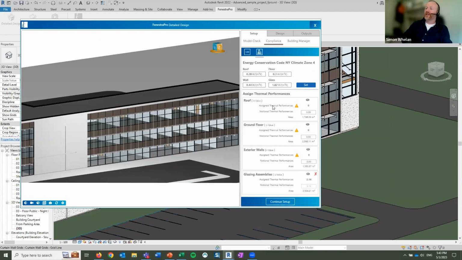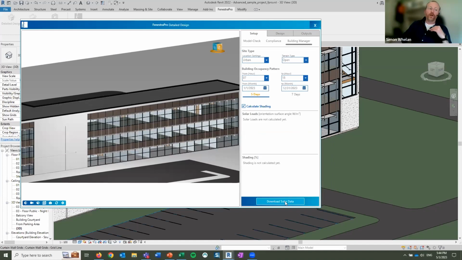So I'll choose those. And now I can set those values, notionally, to any different components that do not have values. For example, my external walls don't have values. I can set the values from that underlying code, and that external wall will now have a U value of 0.44, or the roof a U value of 0.28, etc. So as quick as that,